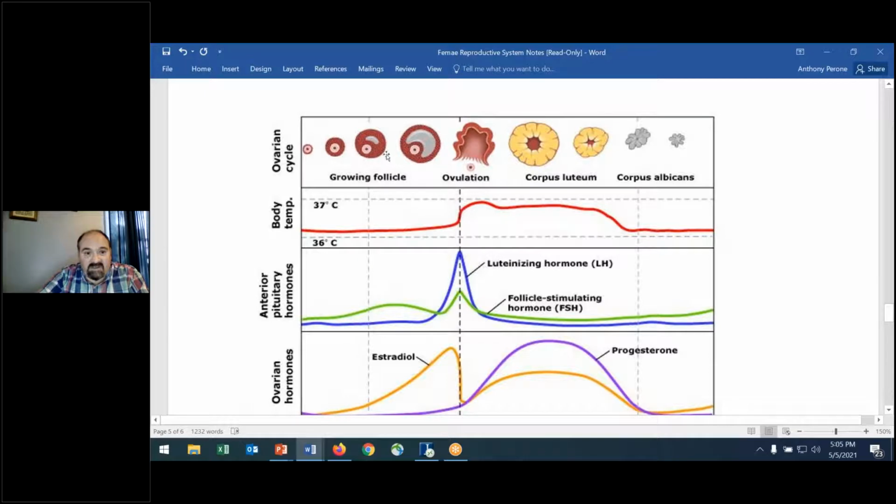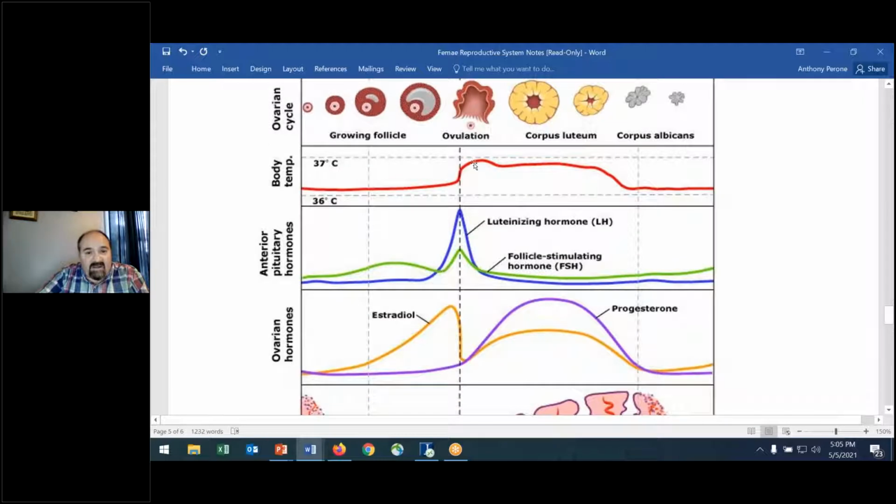All right, and so here this goes through and shows you the ovarian cycle. Know that during the period of ovulation, your temperature will increase. This is something folks use when they're trying to determine exactly when they're ovulating, and there are ovulation predictor kits, right? They're trying to predict when they're ovulating because this is when you're fertile, right? This is when you can get pregnant. Prior to that, and later on, you're not going to have that opportunity.